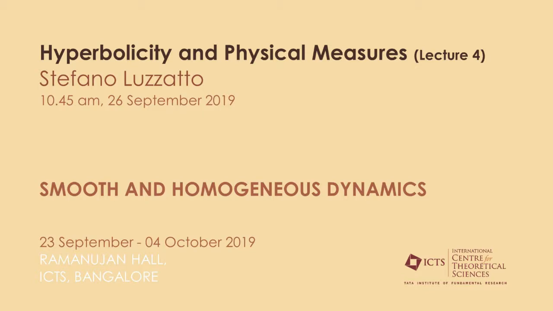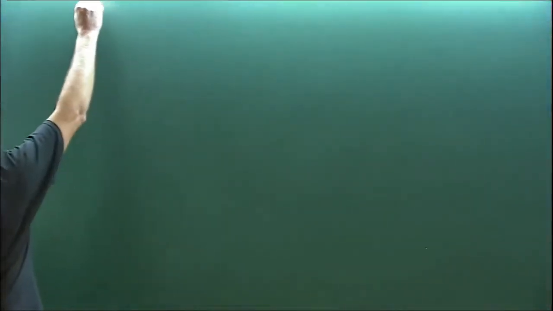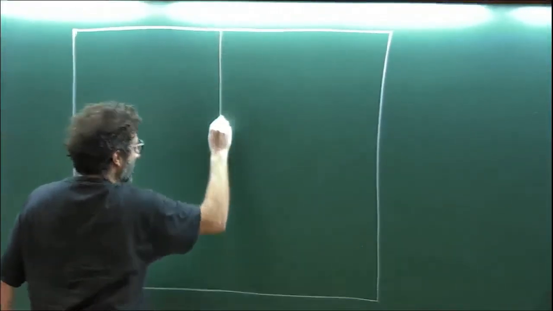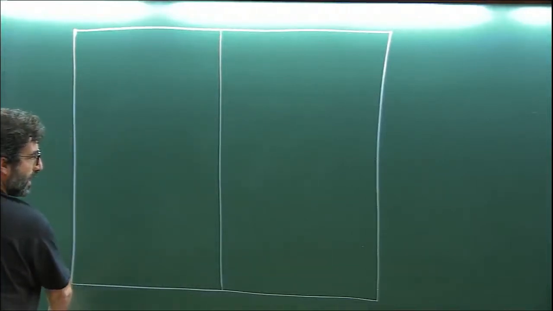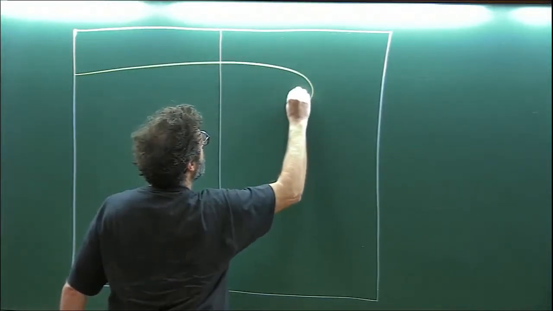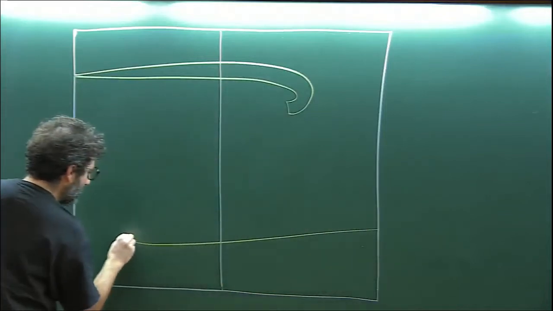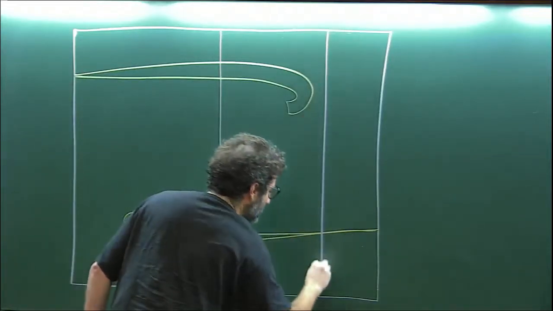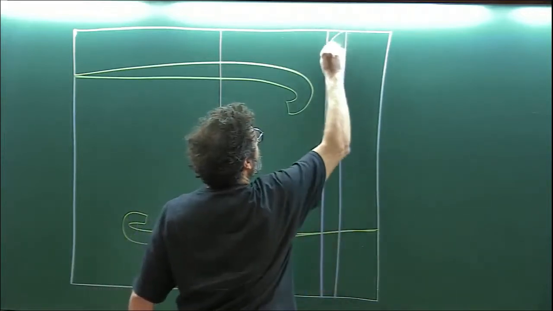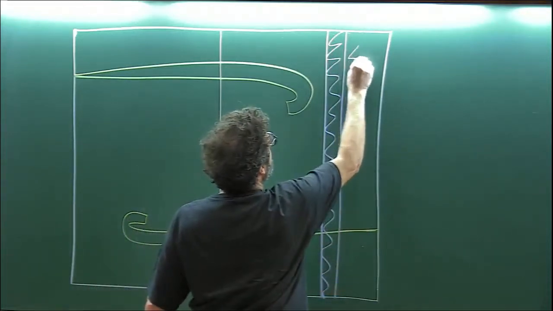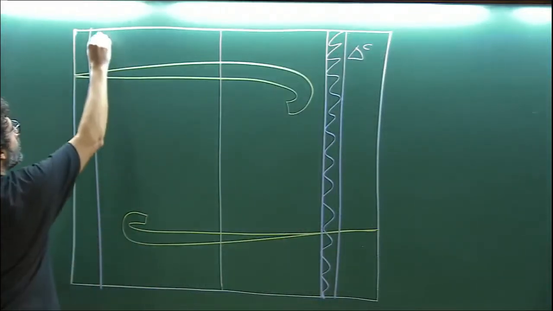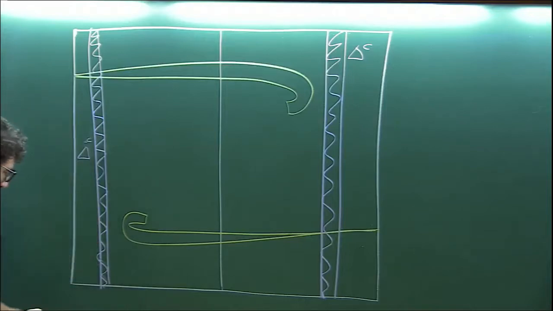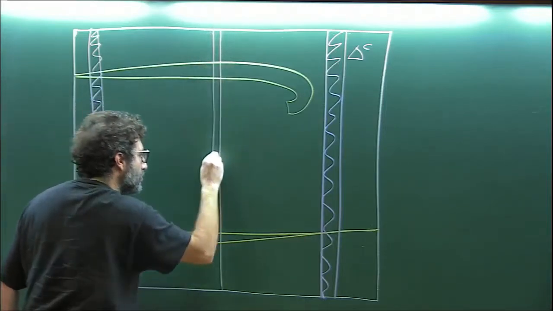So I'm going to start where we finished yesterday. Just to remind you of the setting that we have: now we are in our Lorentz-like setting. Remember our map has this shape, and we have two critical regions which are mapped into the folds. This is delta C, and then we have a similar one here, delta minus C. We also have, and this will not play a very important role, but just to remind you that